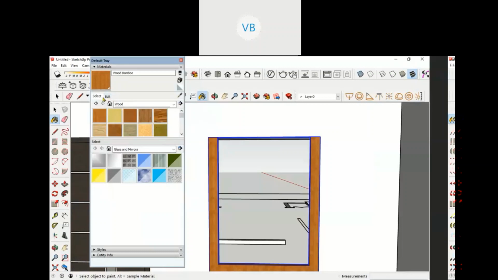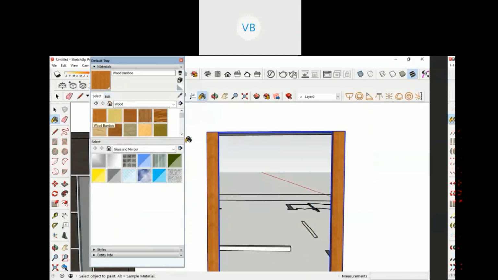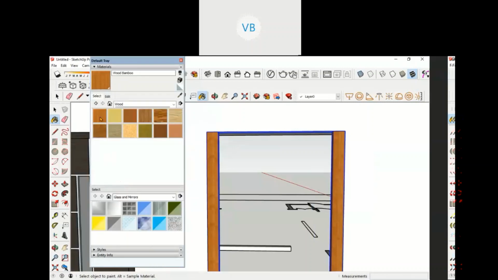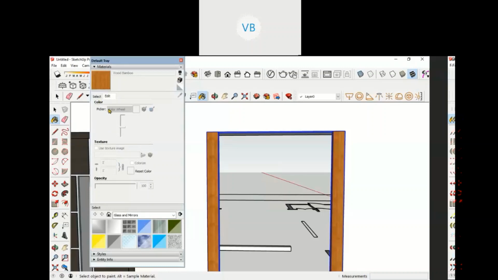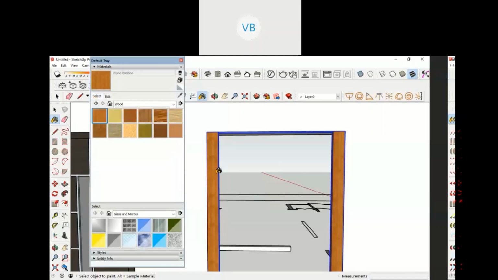So go to edit our material. While the material is being selected, go to edit, and then you can make some color select. Okay, pick the sample paint color.